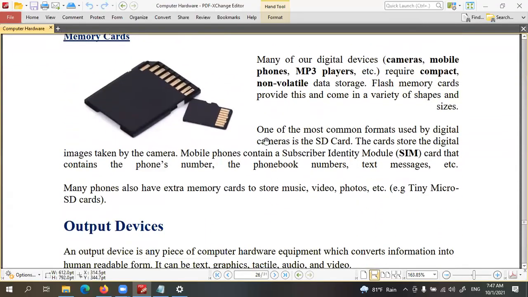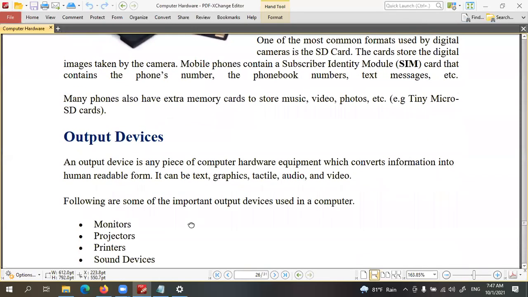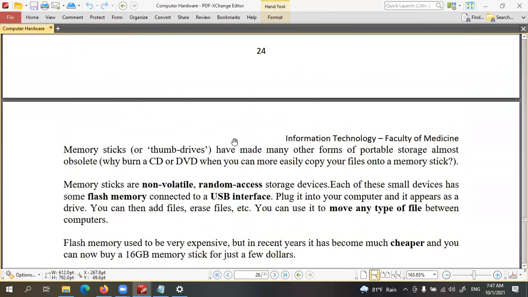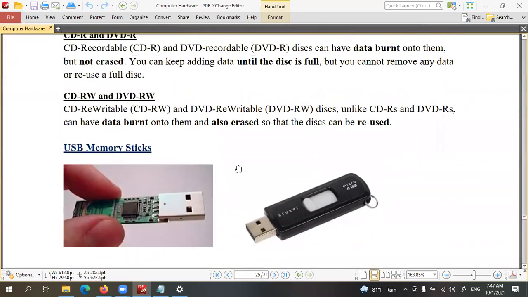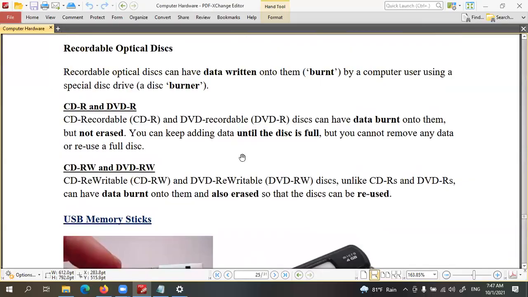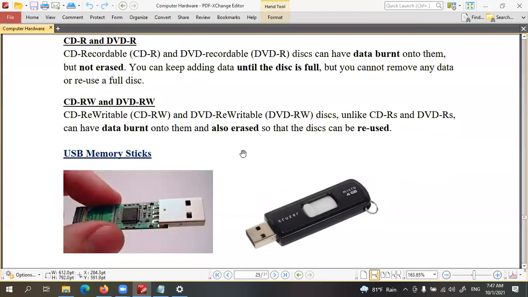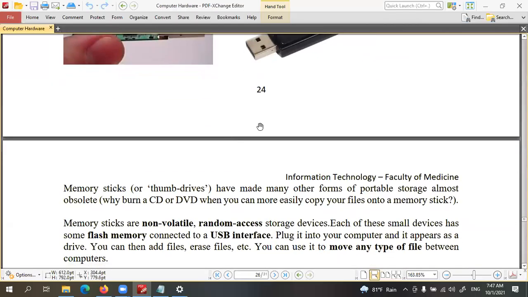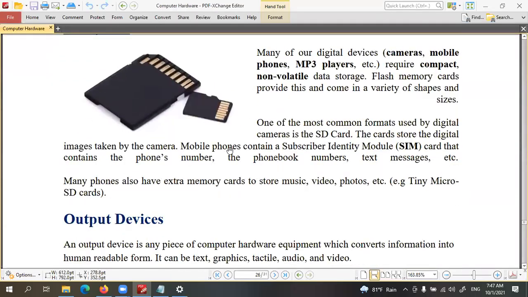Memory cards, I think you all know these ones, right? These are SD cards, secure digital cards. These are microchips, micro cards. Right, children? So these are storage devices. Different types of storage devices are there: magnetic storage devices, then CD, DVD optical devices, and solid state devices like pen drives, memory cards, SSD hard disks, those things.